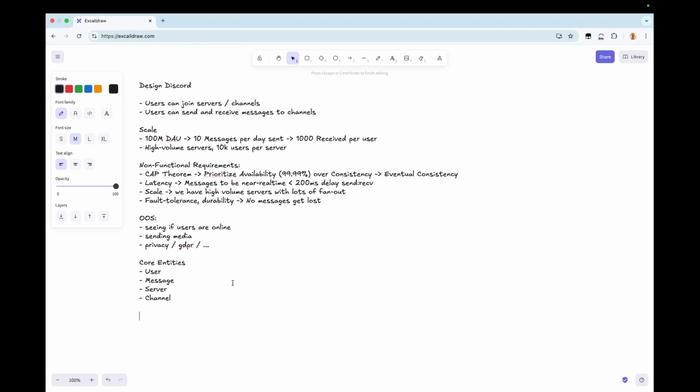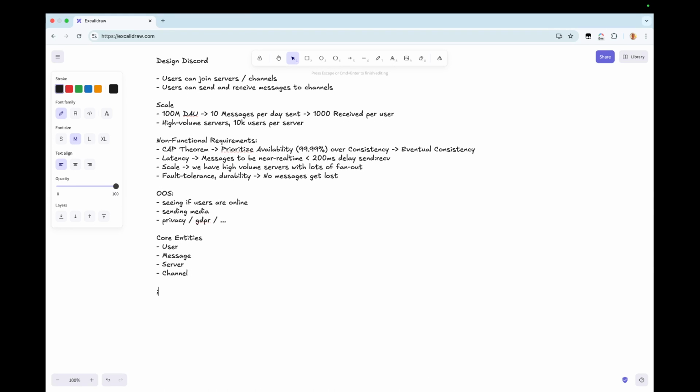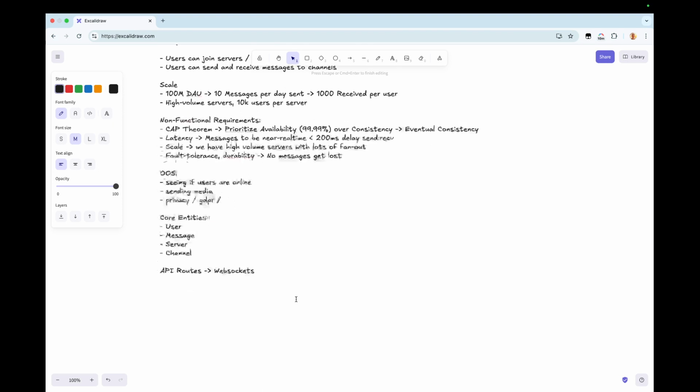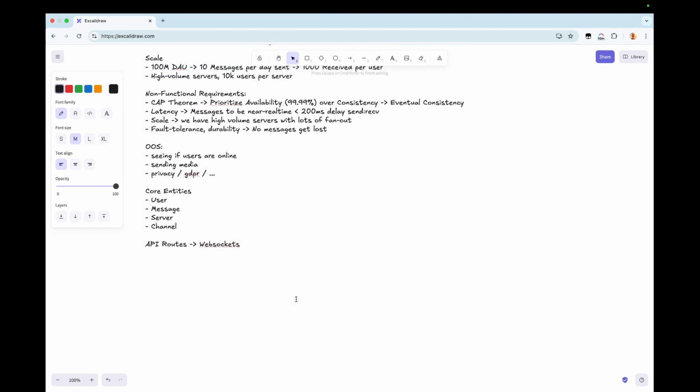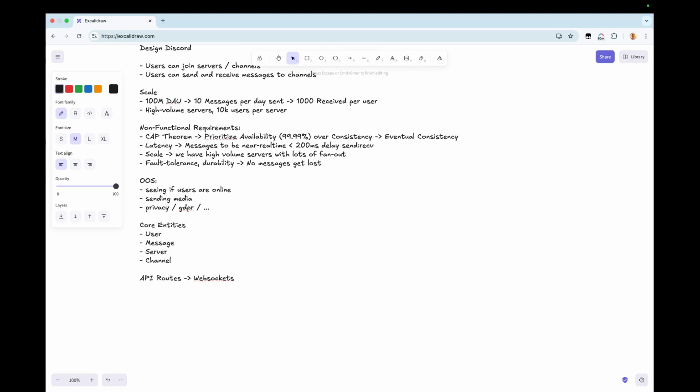So API routes, we're actually going to be using WebSockets for this. We're doing frequent bidirectional communication between the server and the client, which means that we need a WebSockets interface. First, we're going to talk about some of the messages that the client sends the server. We want create server.